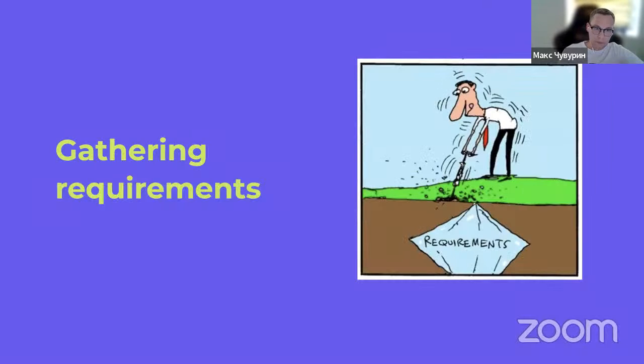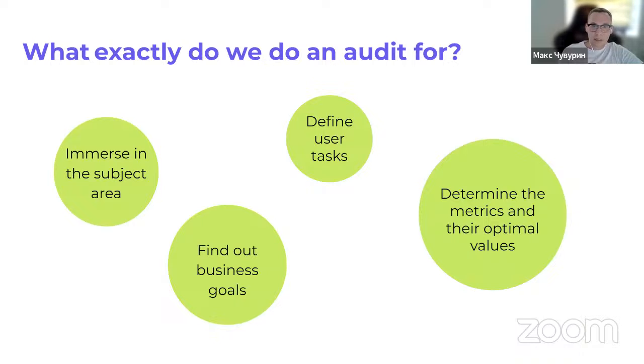So let's start from the first point, collecting requirements. Why is that needed? That helps to define the objective of the UX audit. What exactly is the audit done for? The audit is conducted when the business may already have defined thoughts about what the problems are. The collection of requirements helps us understand what kind of product is in front of us, its mission, and the business goal. It helps us determine what the key metrics of the product are.